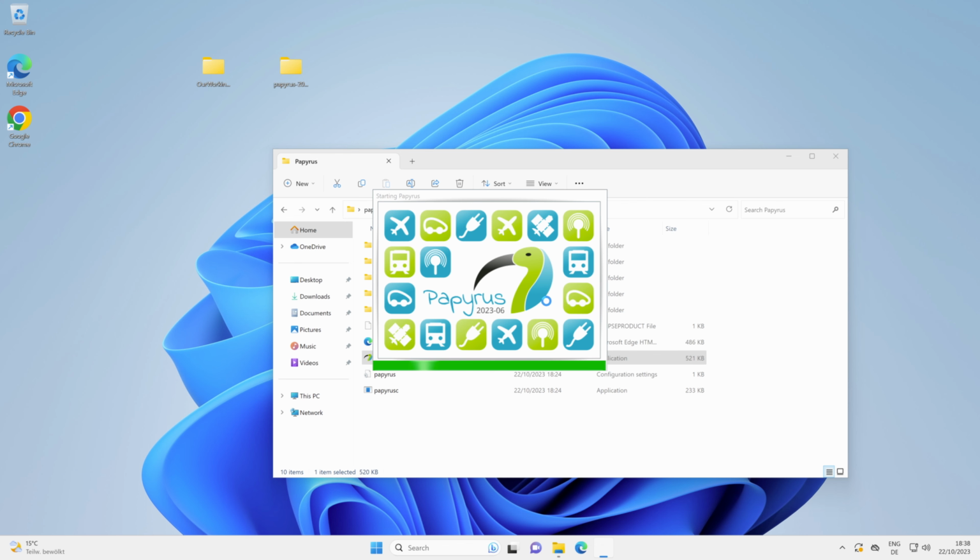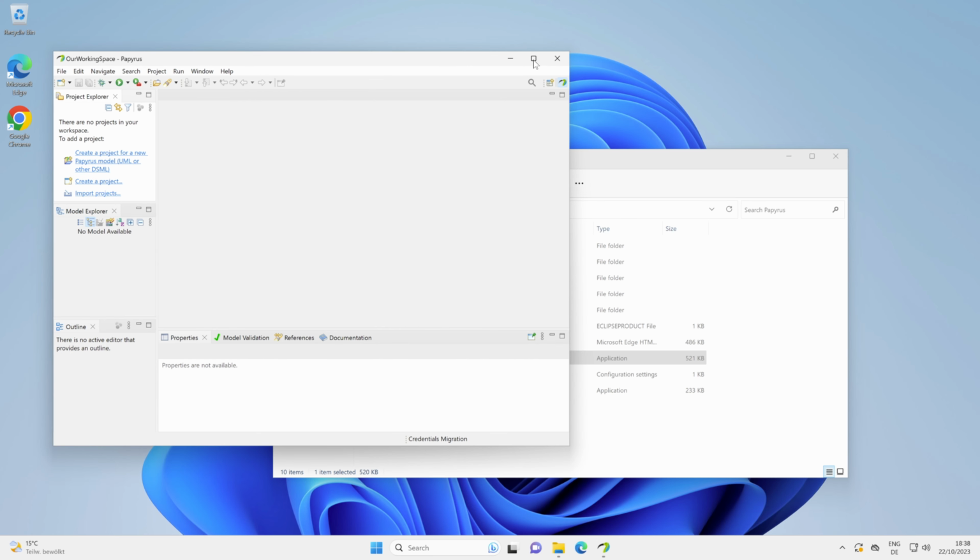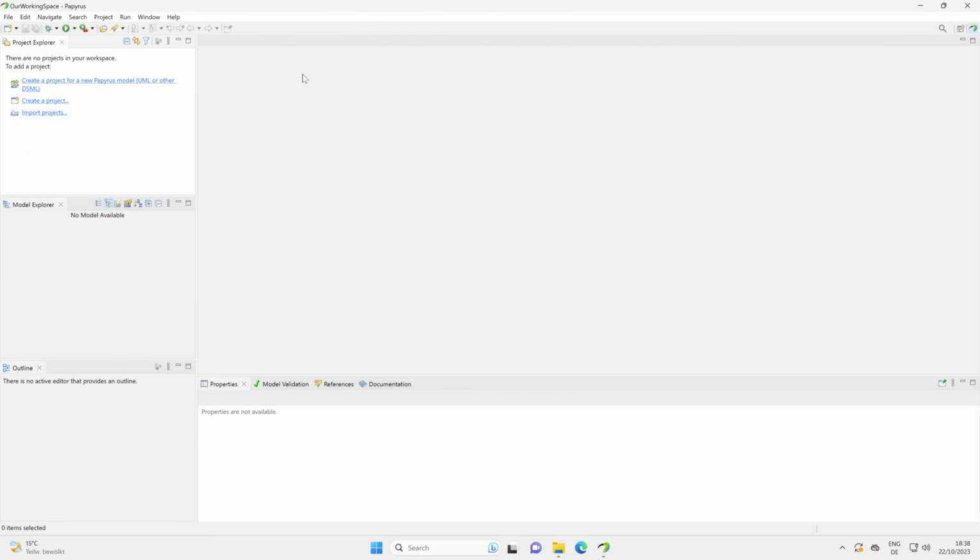Now when the tool is hopefully soon opened, we maximize the window, and before we do anything we have to install SysML. To do this we click here on Help, go to the Eclipse Marketplace,